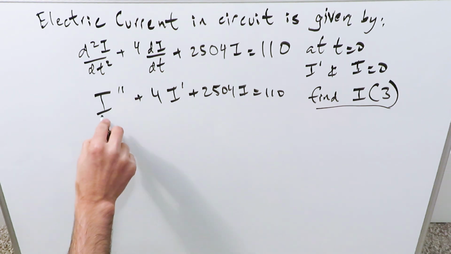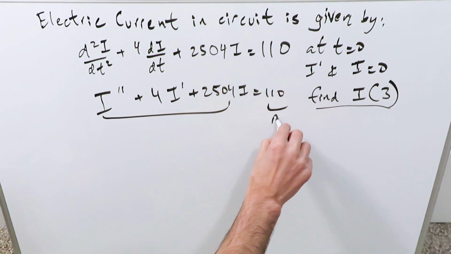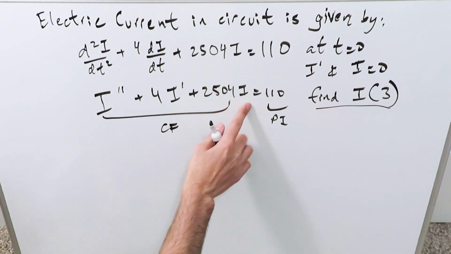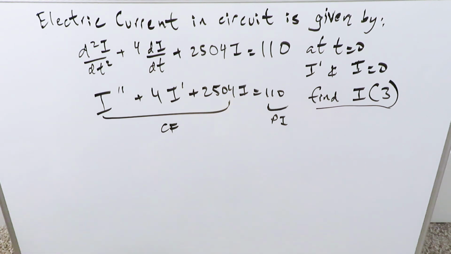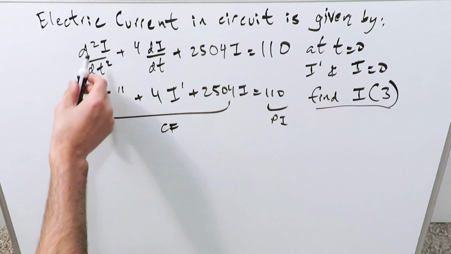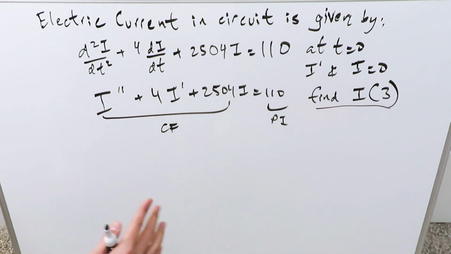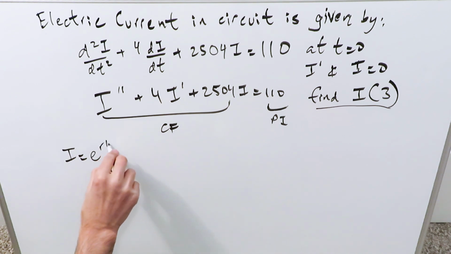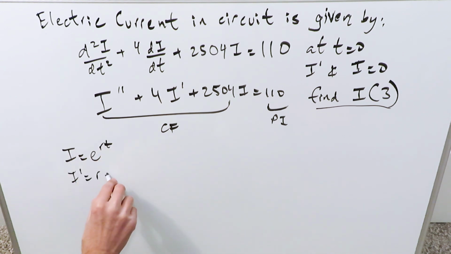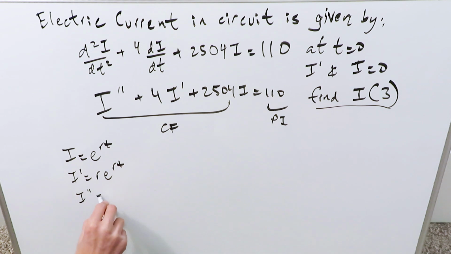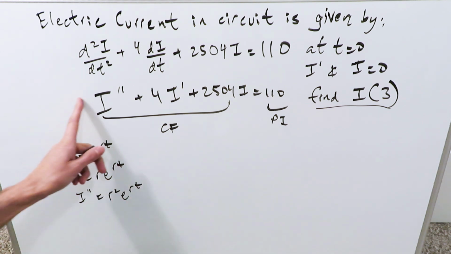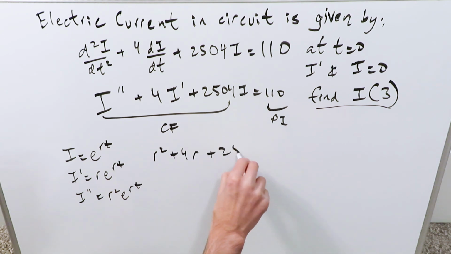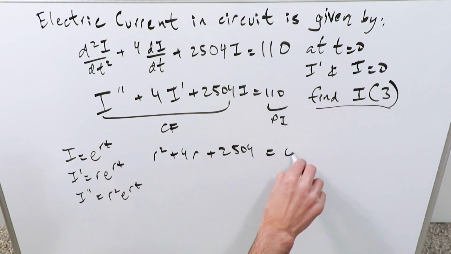How can we do it? Well, from here you're looking at your complementary function, and from here you're looking at your particular integral, so you should start by focusing on the complementary function first. You treat the left hand side as a homogeneous equation. Here your variables are I and t, not y and x. You can say a certain function I is equal to e^(rt), then the first order derivative is r e^(rt), the second order derivative is r² e^(rt), and you plug those in. When you do that, you'll have r² + 4r + 2504 = 0,